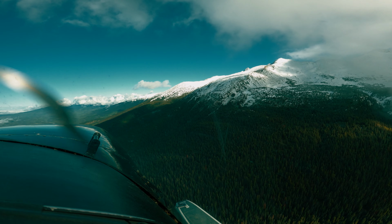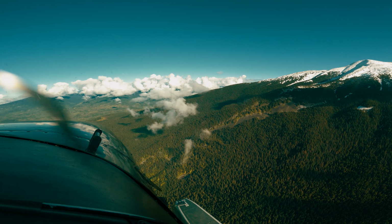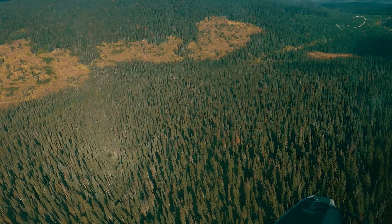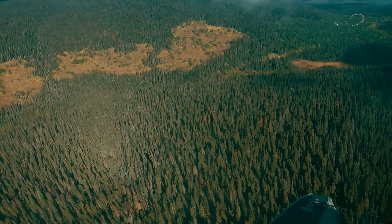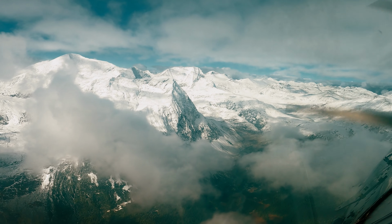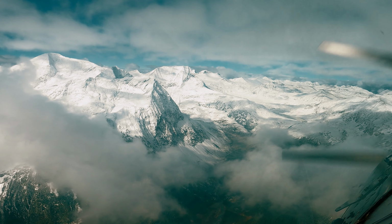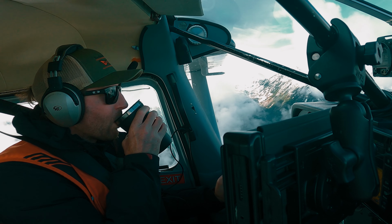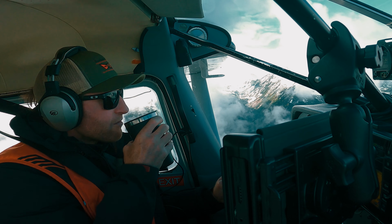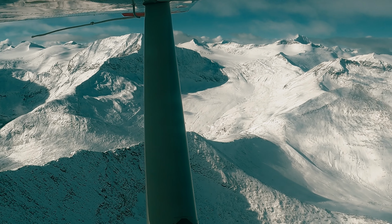I guess it's early fall, it's the end of September, and it's getting pretty cold up here in northern BC, and as you can see, there's snow on the mountain tops again. I guess the snow line is somewhere around maybe 5,500 feet right here. The snow has all come in the last week or so, but I'm coming to the end of my